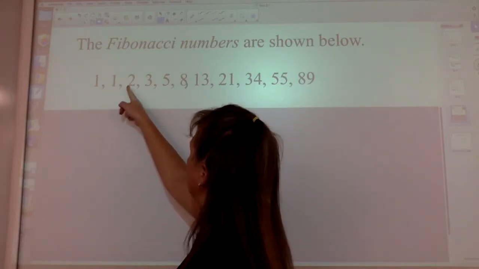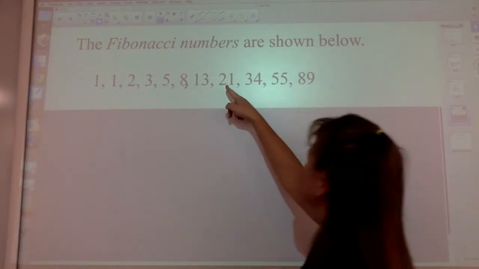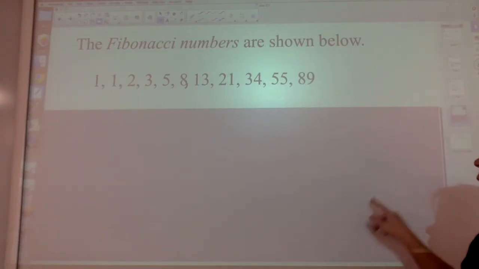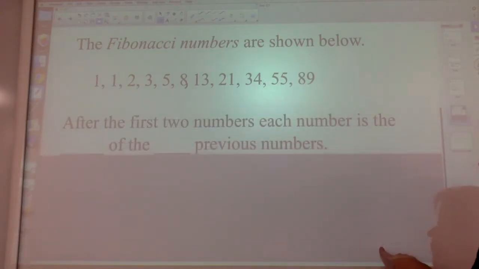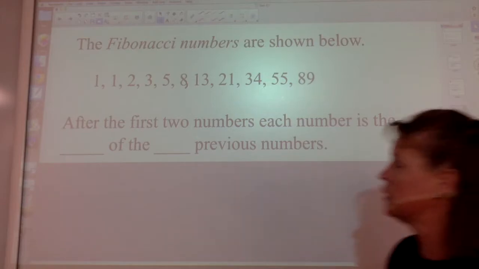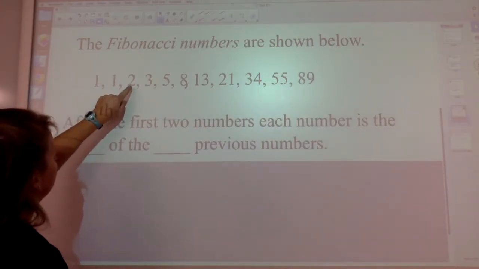We add 1, add 1, add 1. Now we're adding 2. Now we're adding 3. Now we're adding 5. Now we're adding 8. Now we're adding 13. Okay, so there's no pattern in what you're actually adding. But after the first 2 numbers, after the 1 and 1, each number is the blank of the previous numbers. The blank of the blank previous numbers. After the first 2 numbers, so we've got this 1 and 1, each number,